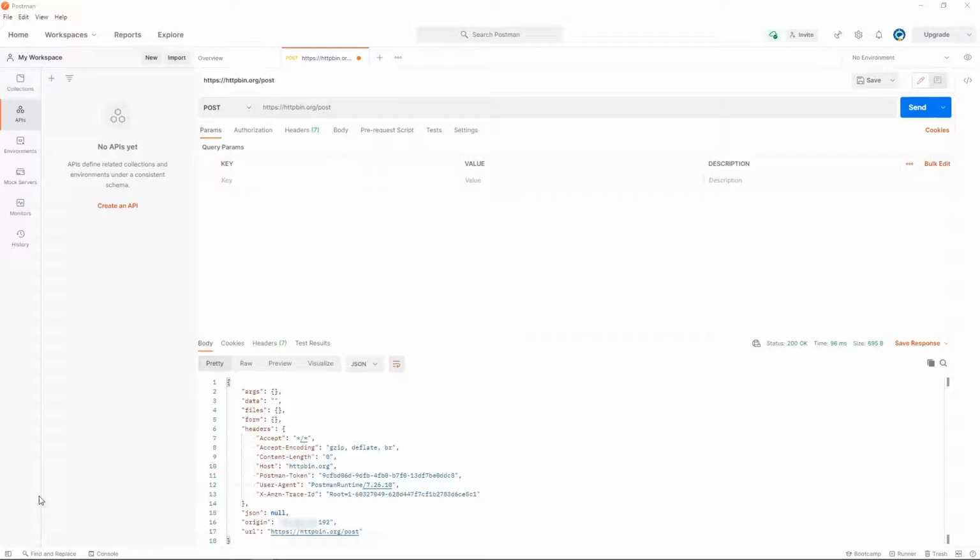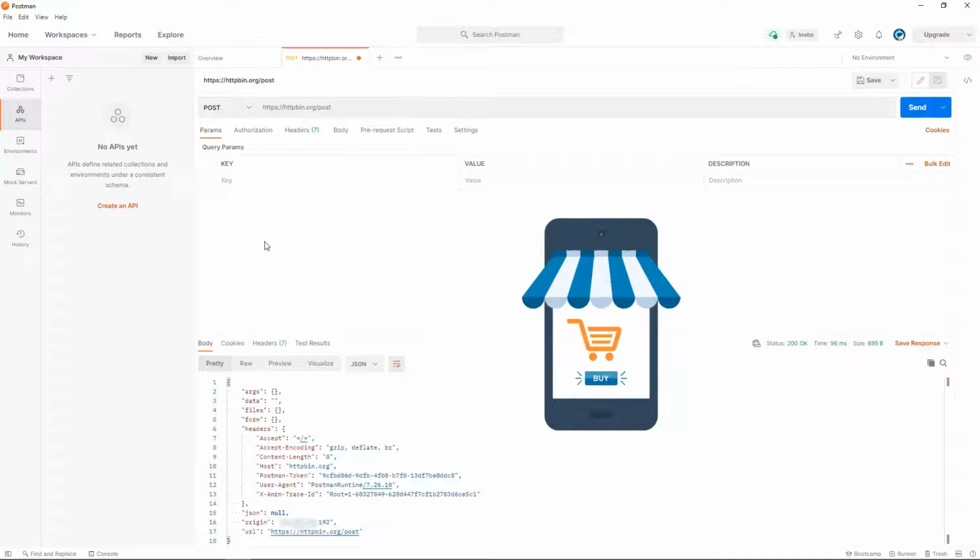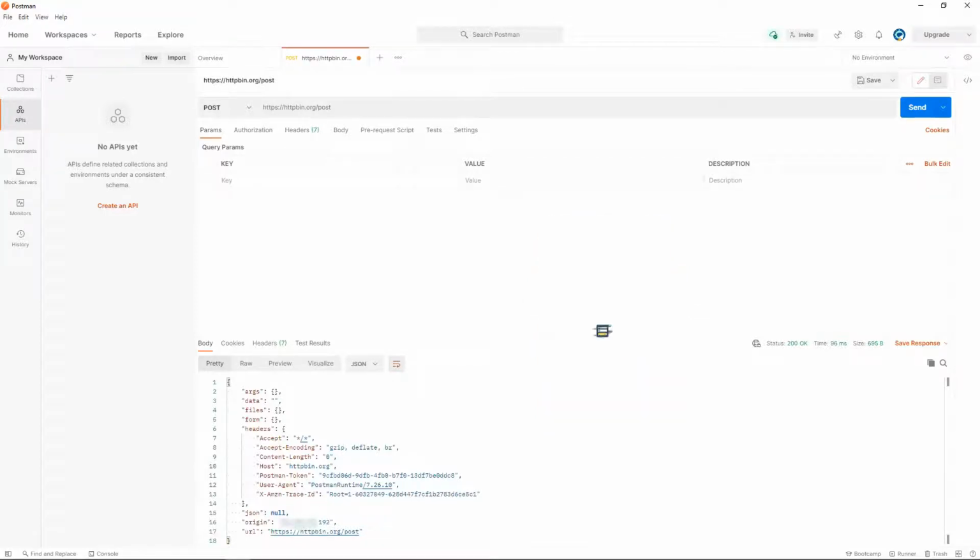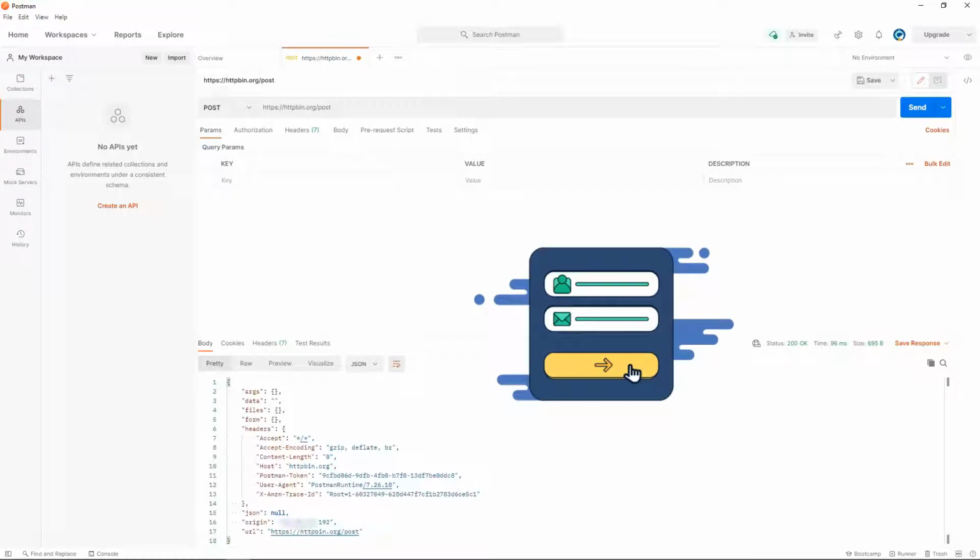But before that, let me give you some context on what we are trying to accomplish here. Let's assume for a second httpbin.org belongs to a third-party web application, for example, a shopping website. Before we can do any kind of shopping, first we need to create a user account. The usual process is the user needs to manually access their website, provide some input information like user ID, first name, last name, department, and then click on create account to create an account.